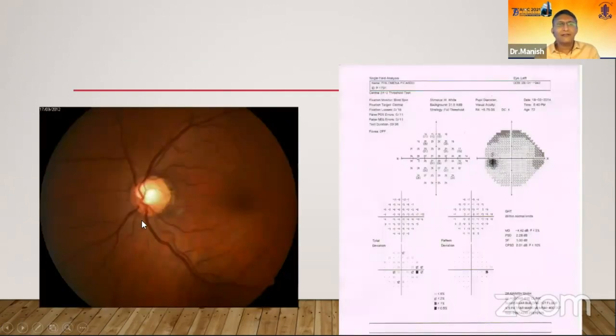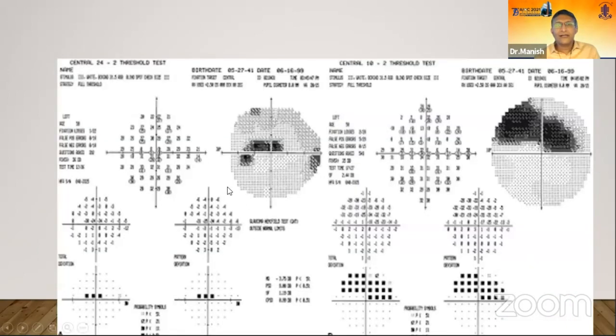So you have an example here of a patient. This is the disc, looks like it is suspicious for glaucoma. So you would like to do a visual field, but you are expecting that this is going to be more like an inferior defect. So 24-2 tests would suffice in this kind of a scenario. But when you do the test, if you find that there is a defect which is very close to the fixation area, you would prefer to do additionally 10-2, which will give you much more data and show you how close the fixation is threatened, because this will base on how soon the patient runs a risk of losing useful and functional vision.